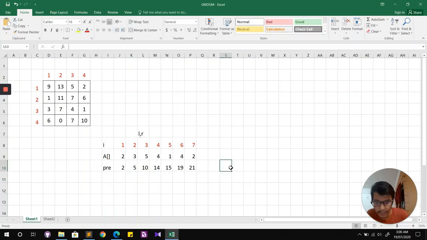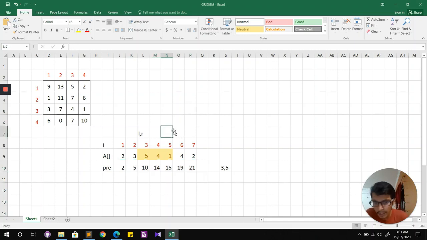So let's say I give you a query, 3 comma 5. I want you to find the sum of the elements from A of 3 to A of 5. So essentially these three elements, right? Here I can see the array is very small, so I can orally add up the elements like 5 plus 4, 9, 9 plus 1, 10, right? But what if the array is very big and the number of queries are too much? So I can pre-compute this prefix array once, and for every query I can answer in O(1).